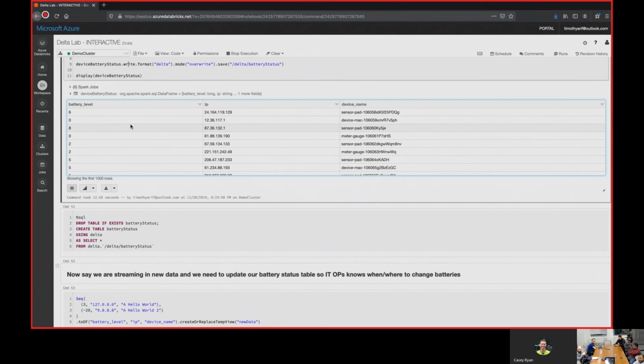It is wonderful and is always necessary, especially when you're pulling in a lot of files. Say you're reading something like weather data, that stuff's always going to be tiny. We're talking kilobytes, maybe megabytes if you have a ton of it. So over time, you can compact those into larger files, and it's all automated because you just run your optimize query and it'll start optimizing your entire Delta Lake for you automatically.